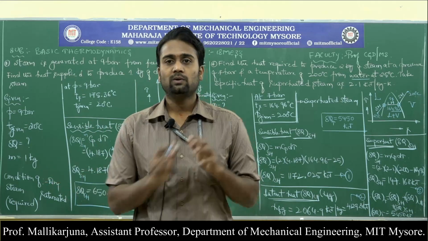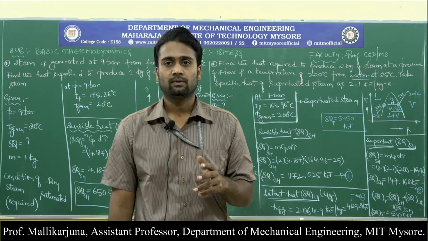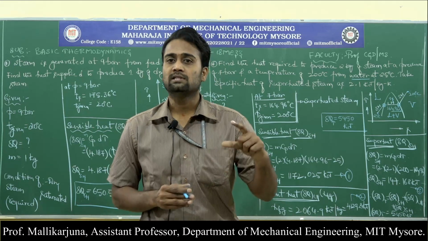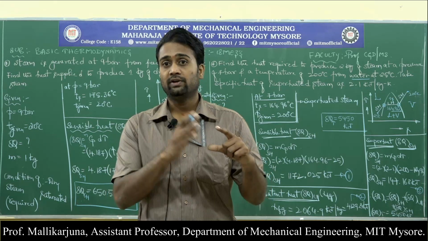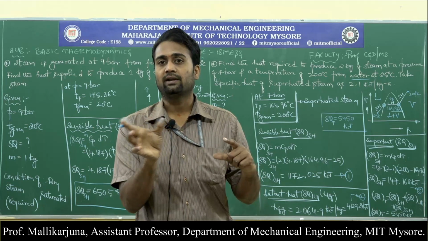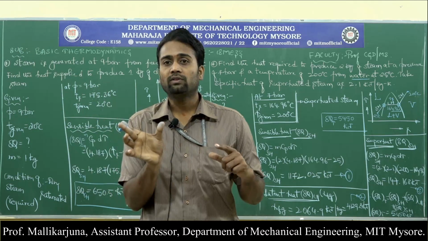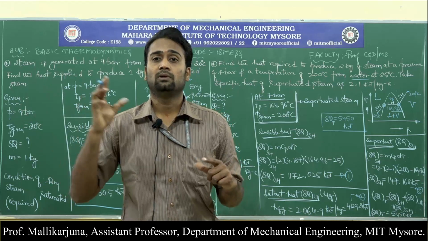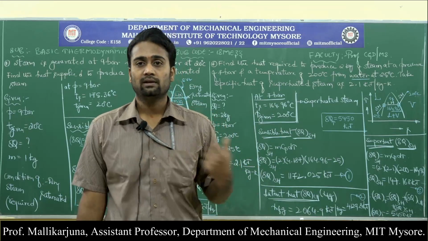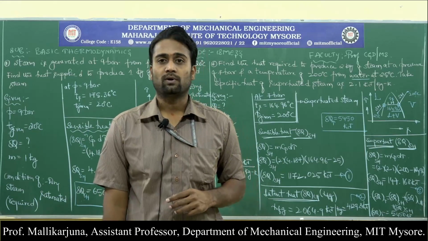In these kind of problems, you need to decide what is the form of the steam that you are dealing with. I mean, what is the kind of the substance you are dealing with specifically. If it is water, then sensible heat needs to be calculated first. If it is dry saturated steam, then along with this sensible heat, latent heat needs to be calculated. If the given condition or the final form of the steam is a superheated steam, then along with this latent heat, superheat also has to be calculated. So that is what we have looked at in these 2 problems, very important problems, and by keeping this in mind, we can look for future problems.